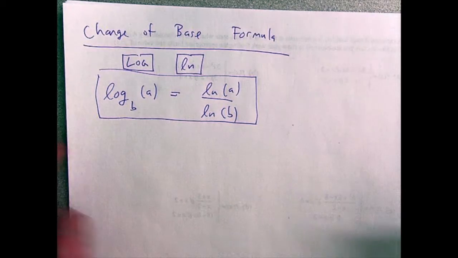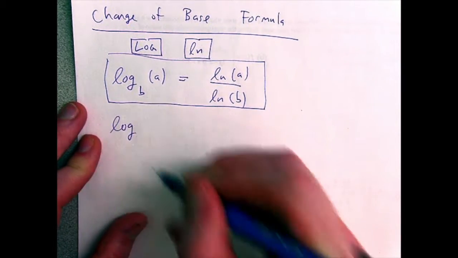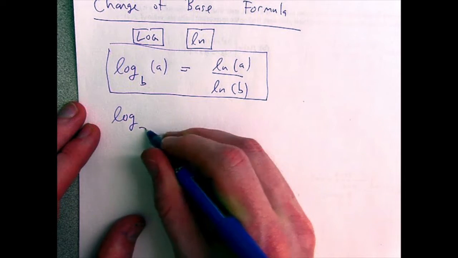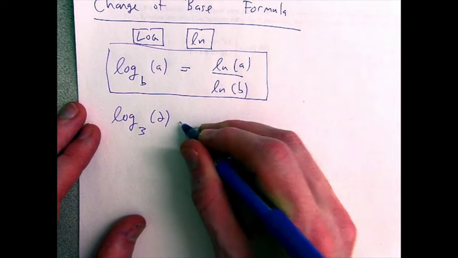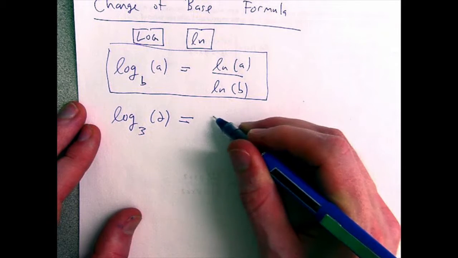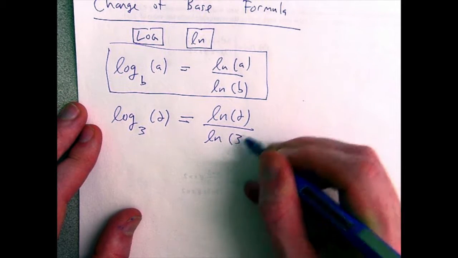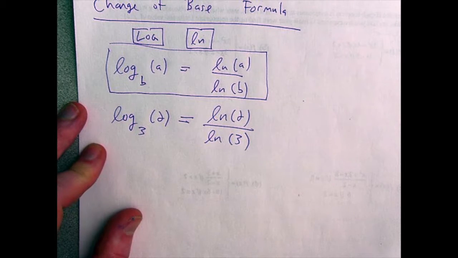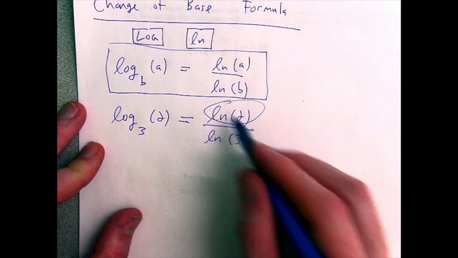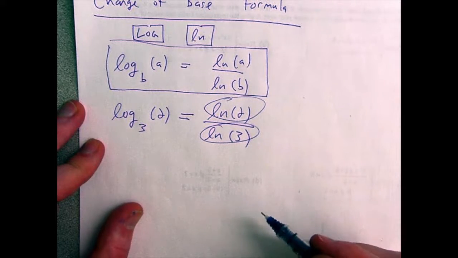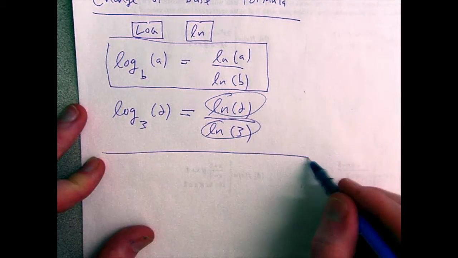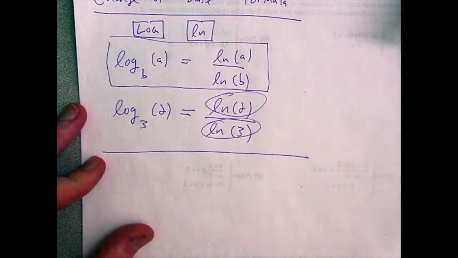So for example, if for some reason you wanted to get a decimal approximation of log base 3 of 2, then you would use this formula and say, well, that's natural log of 2 over natural log of 3, and you can use your calculator to evaluate each of these and then get a decimal approximation. Okay, so with the change of base formula out of the way,